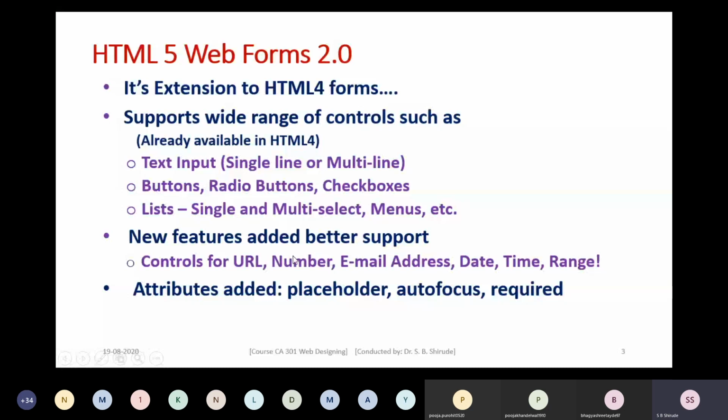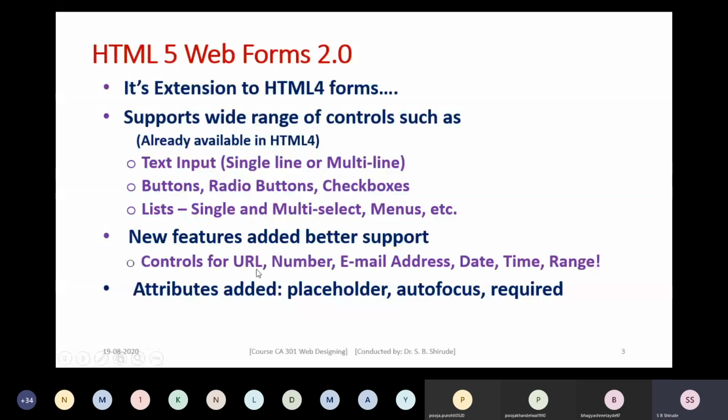Along with these new controls, some attributes are also added in HTML5, such as the placeholder attribute, autofocus attribute, and required attribute.